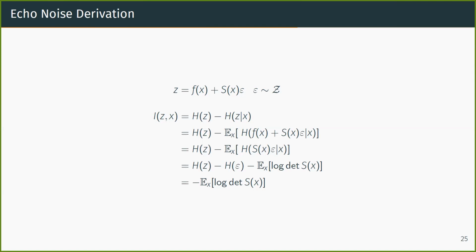And I kind of hid the fact that multiplying something essentially turns into a determinant for multilinear things. Or yeah, linear transforms. You want to look at the volume change of that linear transform. But the only stochasticity left here is epsilon. And so we end up with just epsilon given x, but epsilon isn't a function of x, at least not this copy of x. So okay. Oh, thank you. Yeah.